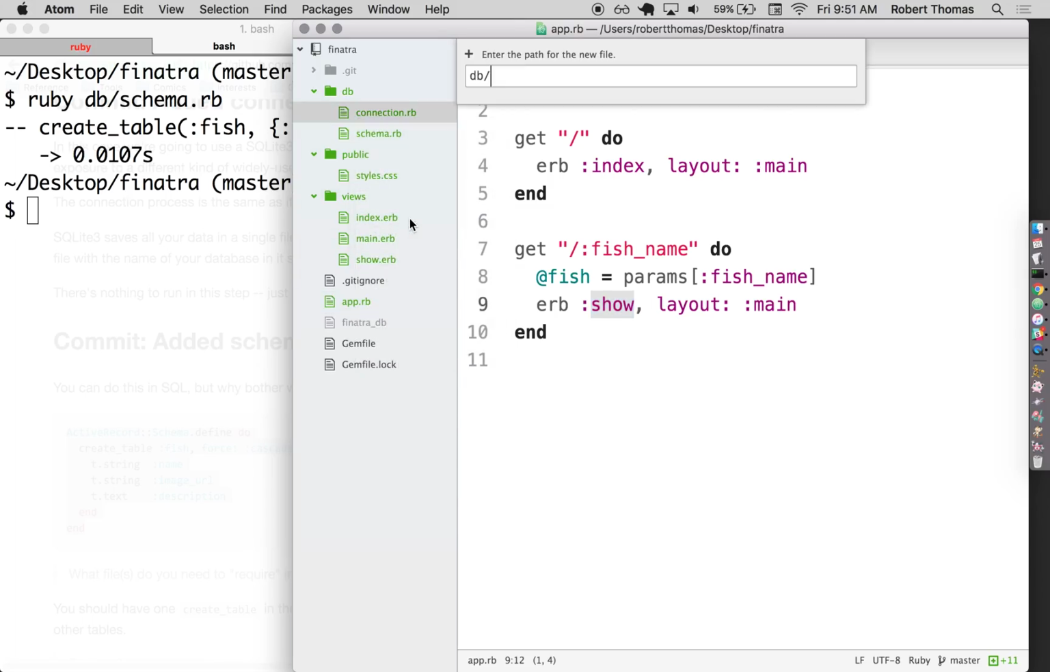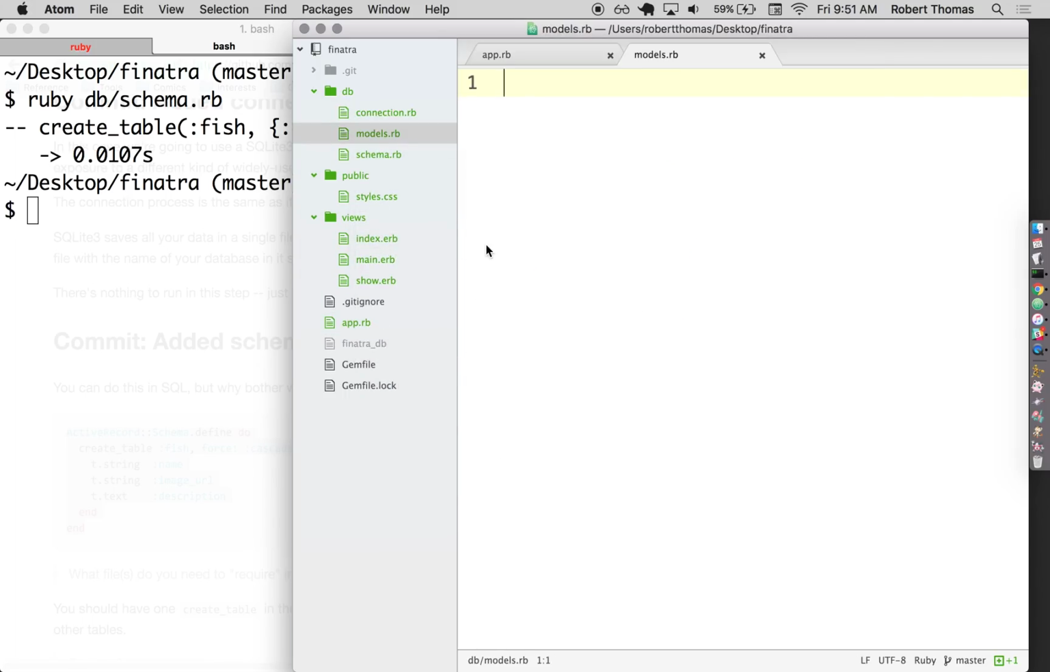Now I'm going to set up my models. I could do this in separate files if I wanted to, but this is going to be a super simple app that really only has one model. So I'm going to put all of my models, all one of them, in one file. But you can do it however you want. In Rails, of course, you have a bunch of separate model files, but here you can really do it however you'd like. So this one's going to require relative